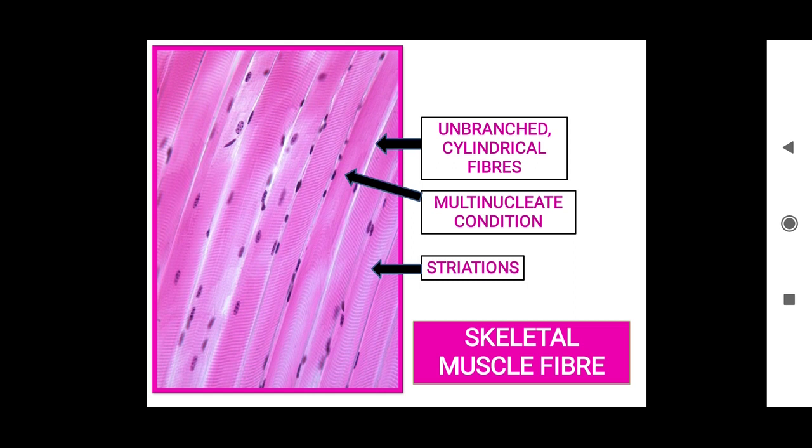Beautiful striations can be seen, alternating light and dark bands. Then they are voluntary cells, and they exhibit fatigue or show tiredness. Now you must be wondering why it is pink in color. Our muscles are not that pink. It is only because some stain has been used to prepare the slide so that all the characteristics are seen